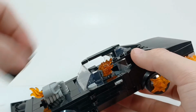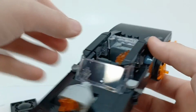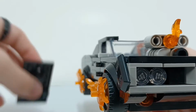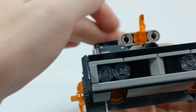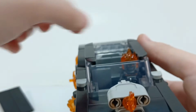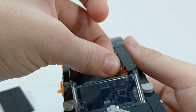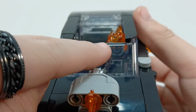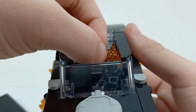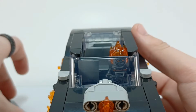All right, so let's put this 1x4 on. Okay, the 1x4 works. Moment of truth, ladies and gentlemen. Okay, so it looks like it does, but it also doesn't. So I'm going to turn Robbie's head just a little bit. Because as you'll notice, my Robbie figure, the face is forward, but the flame is going that direction. So if the flame was like this...